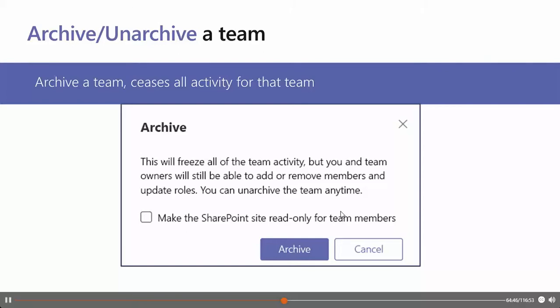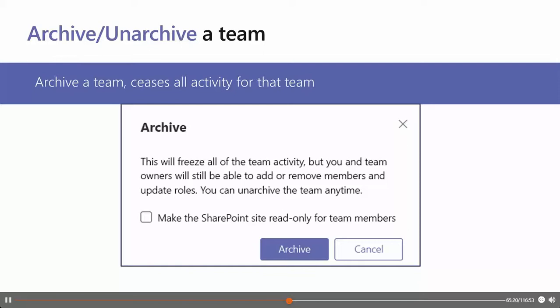Just a note on this slide: archived teams can be reactivated, but you can't directly restore a team that has been deleted. So really consider archiving the team first and postponing the deletion until you are sure that it's really no longer needed. It's quite easy to archive a team. It's done in the admin center over Teams. You can just click that and select archive, for example.